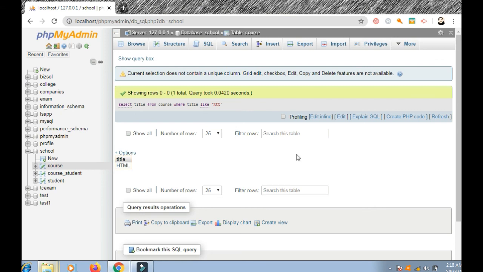Now we should end this tutorial. You can use any scripting language to get the records from the database using these queries. Okay, thank you very much.